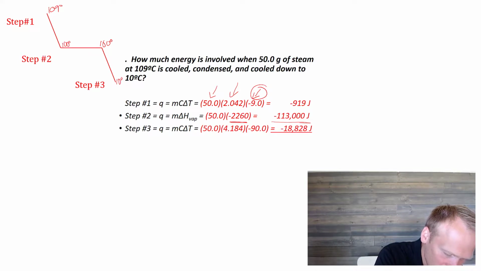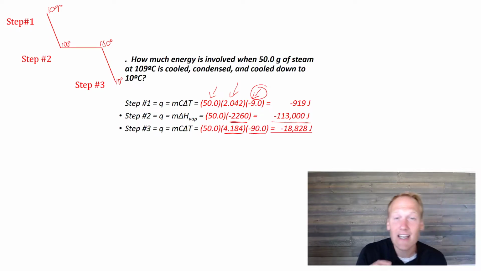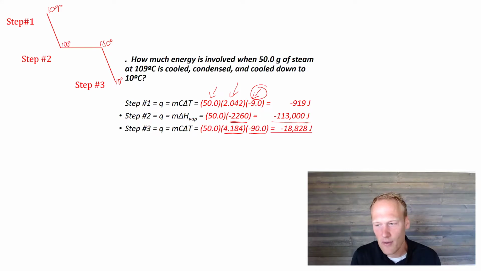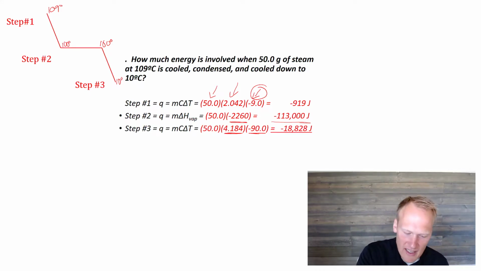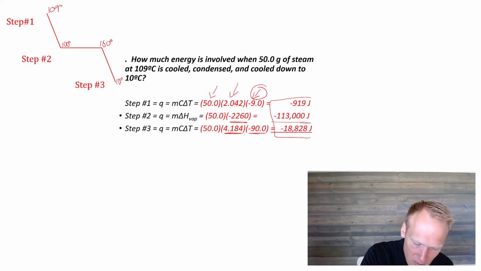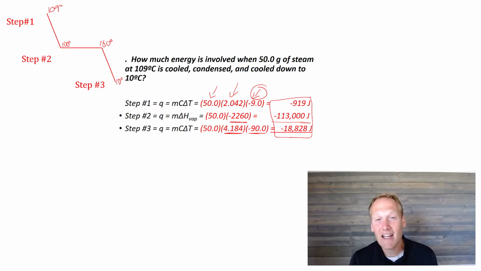So that's going to be a negative 90 degree change, which we see here. Notice that our specific heat is liquid water, 4.184. We'd multiply that together. Notice that all these numbers come out as negative. Why? Because we're losing heat. It's exothermically removing heat to the atmosphere. We'd add all those up, and we get negative